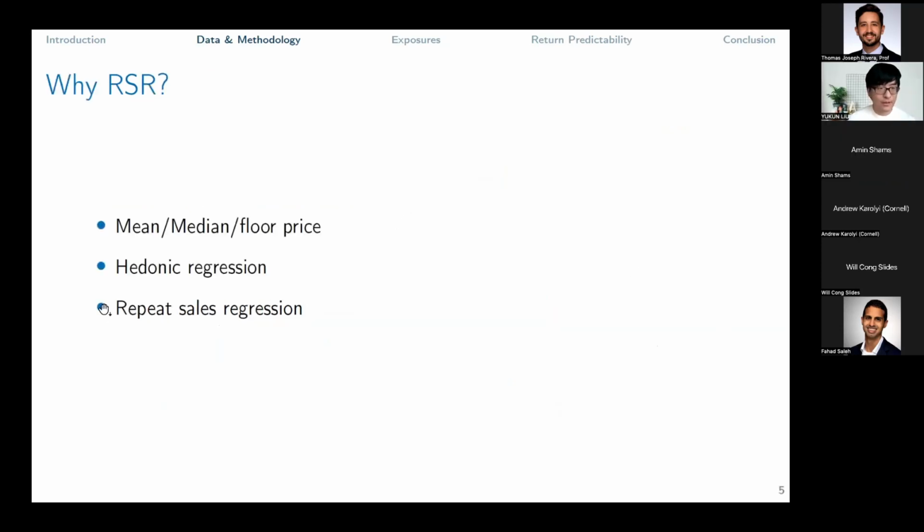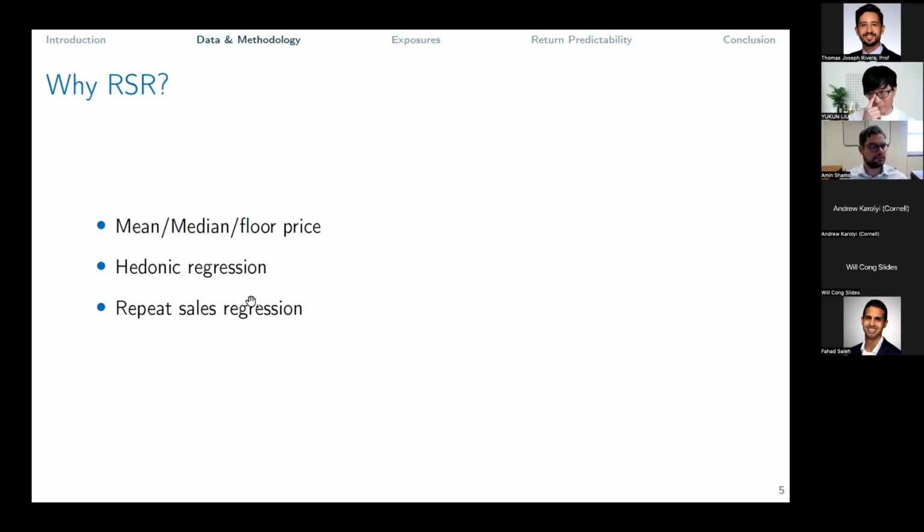So why do we use this repeat sales method as opposed to some other potential methods? The first one you can do is the median floor price. That is not very good at all, so it's largely discarded by academic research. The reason is, for example, if you use the mean, which is the worst one, and there is a particular sale today with a very high price or very low price, that selection effect is going to completely change the dynamic of this index. So we don't want that. Median is a little bit better, but still doesn't completely guard you from this behavior.